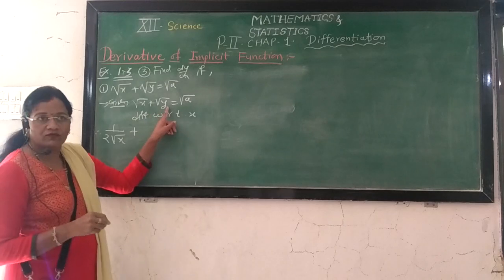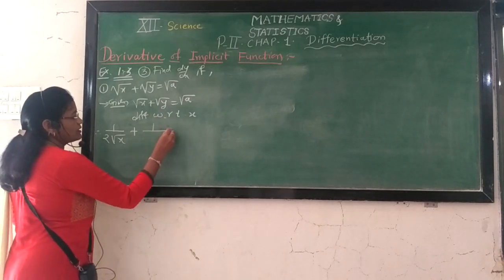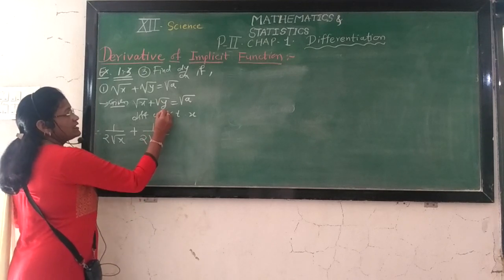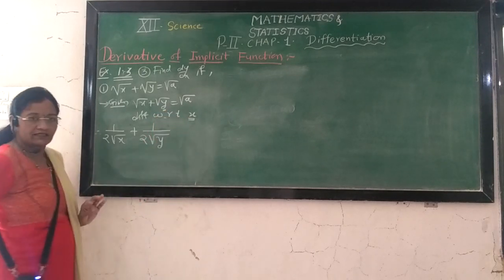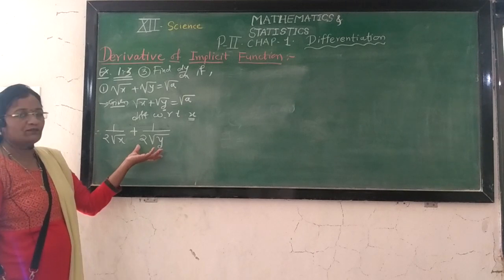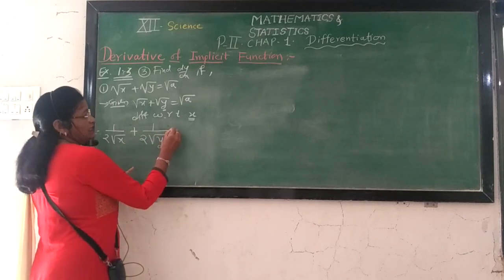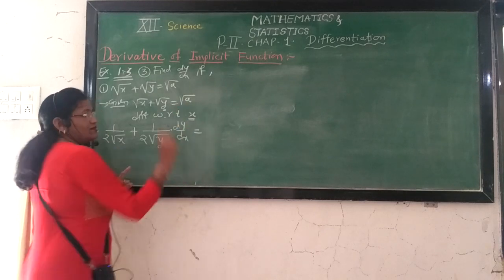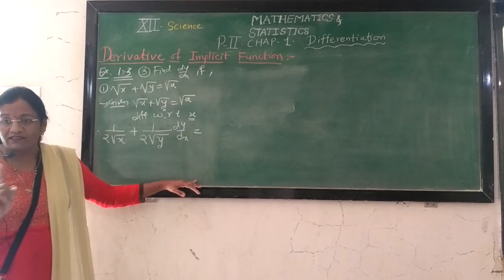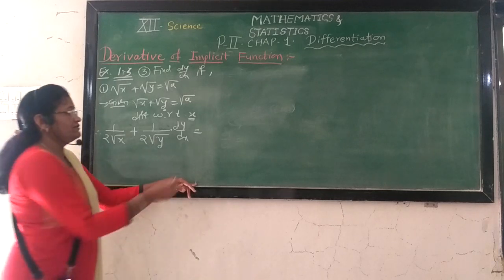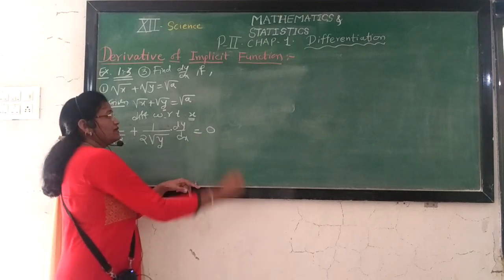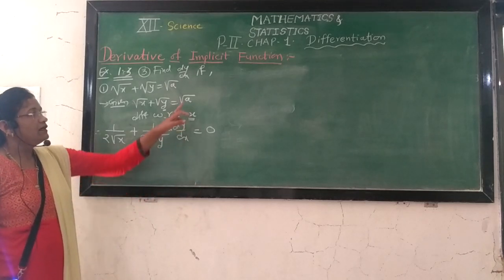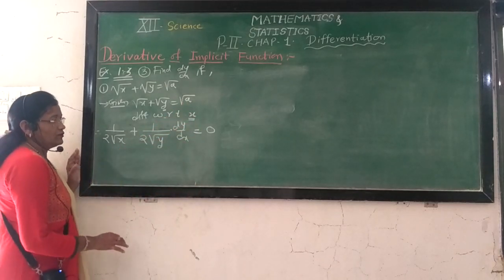Now find the derivative of root y. What is the derivative of under root y? Again the same, 1 upon 2 times root y, but we take differentiation of y with respect to x. Therefore, by using the rule of composite function, multiply by the derivative of y with respect to x. What about the term root a? Root a is a constant, so its derivative is always 0. Remember, it does not contain any dependent or independent variable, and therefore its derivative is 0.